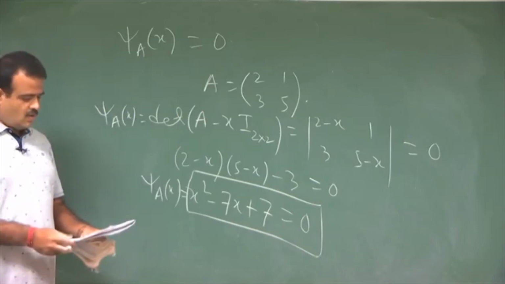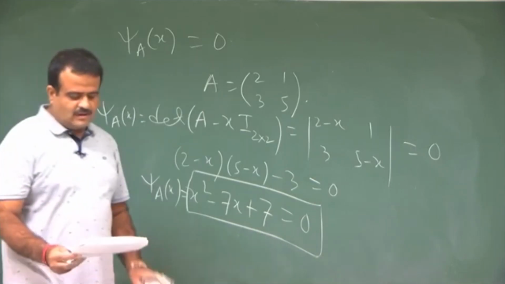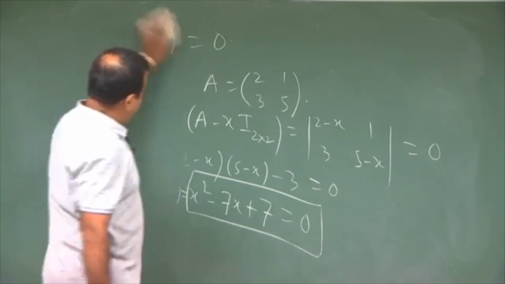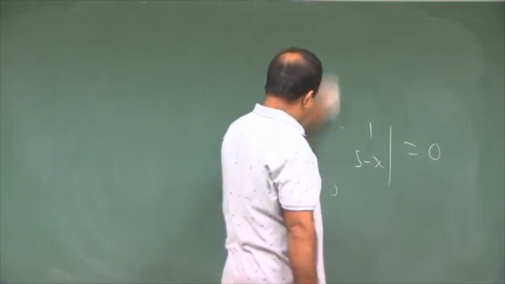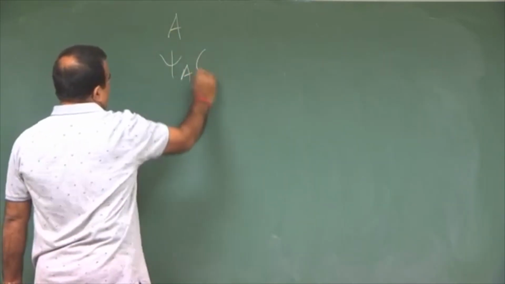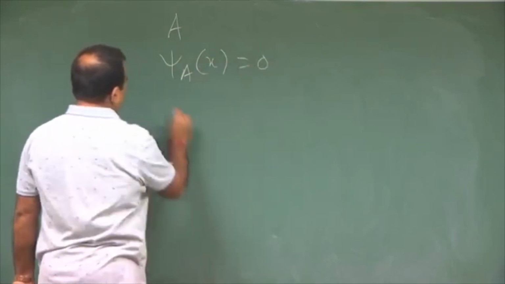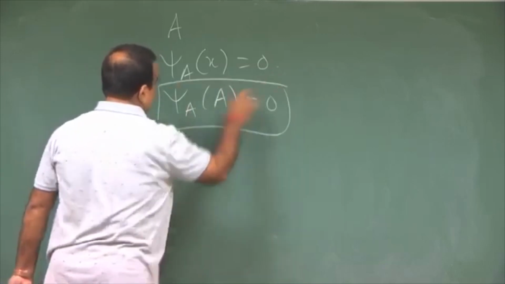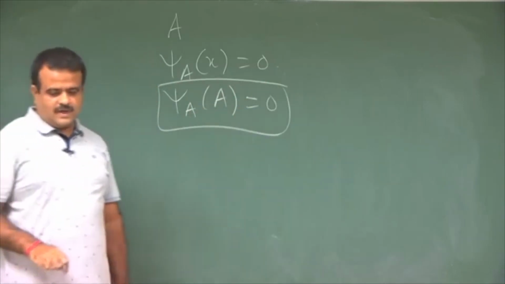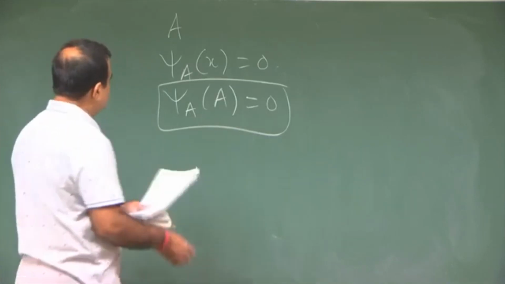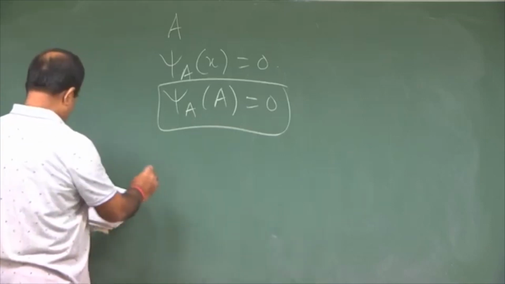Okay. Now, Cayley-Hamilton theorem is there. That is telling every matrix satisfies its characteristics polynomial. That means, you have given a matrix, we have the corresponding characteristics equation. So, it is telling this is polynomial in matrix. Okay. So, this is called a Cayley-Hamilton theorem,